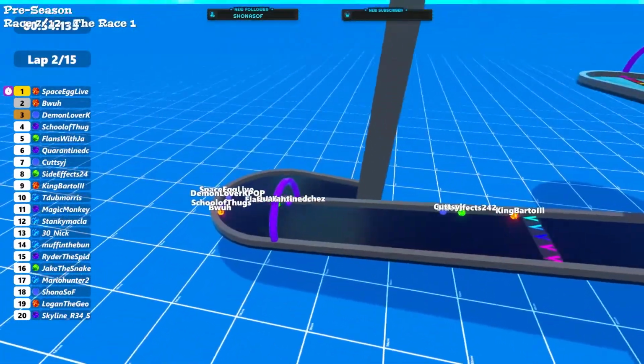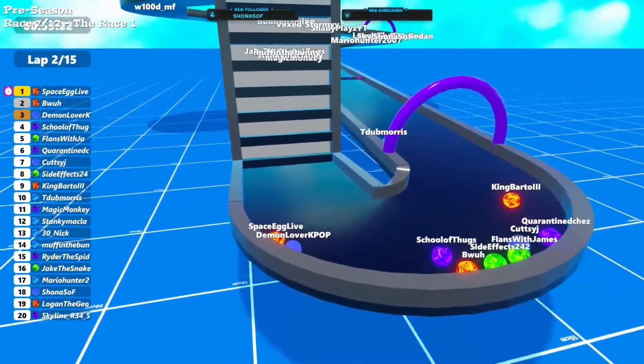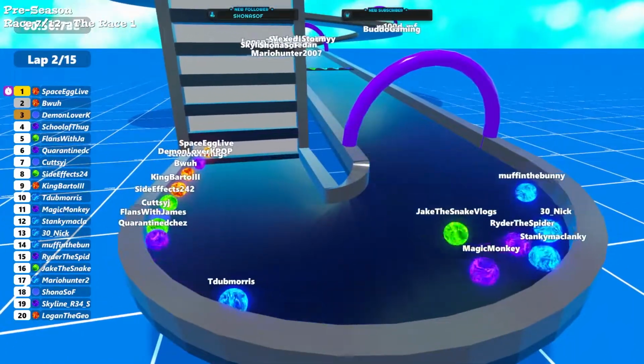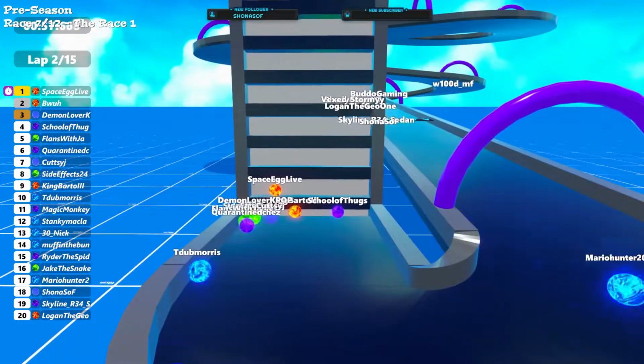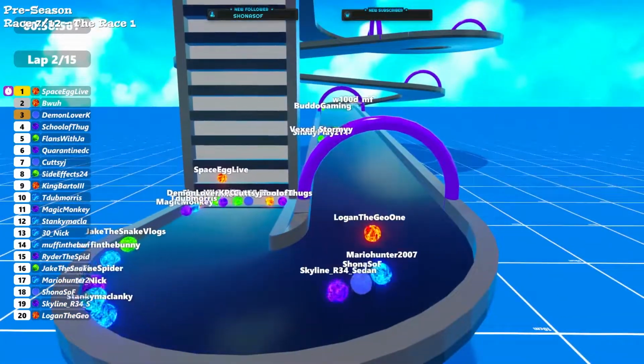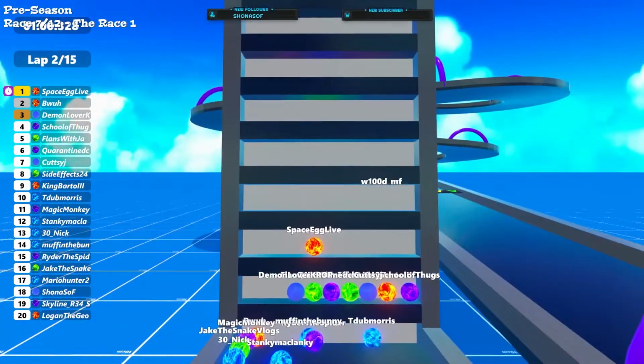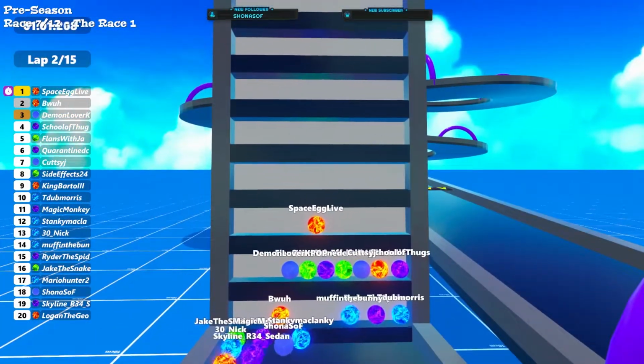So as they go into the hairpin, Space Egg, then Demon Lover, everyone sort of bumping into each other here. This is where you really need to make a breakaway in the top spots as you come down to this hairpin so you don't get bumped around by all these other racers. So Space Egg managing to secure the top spot on the ladder,